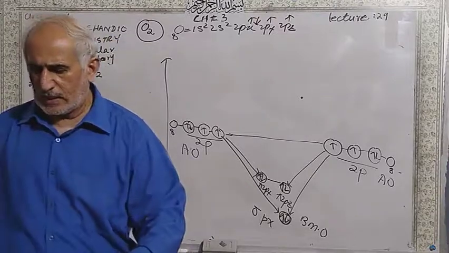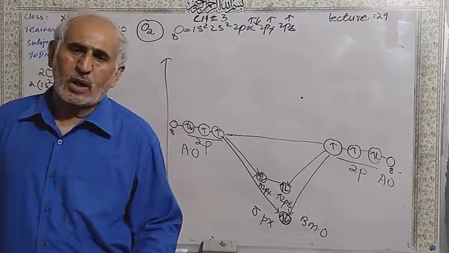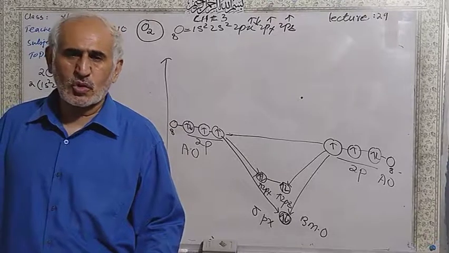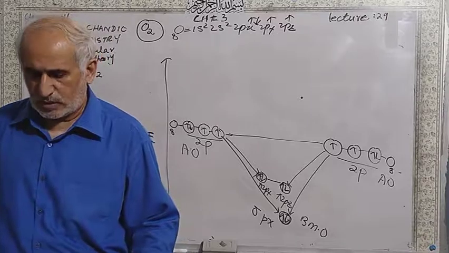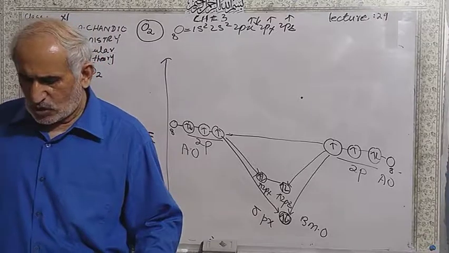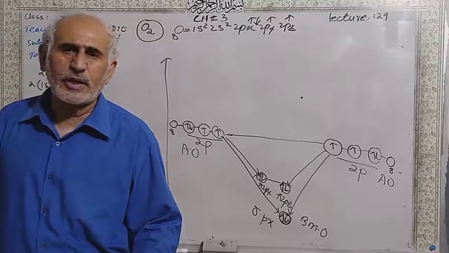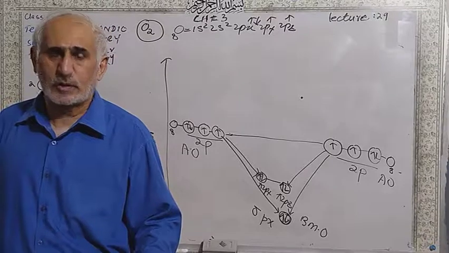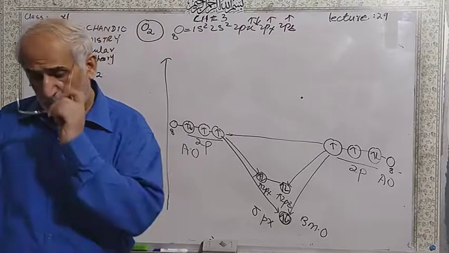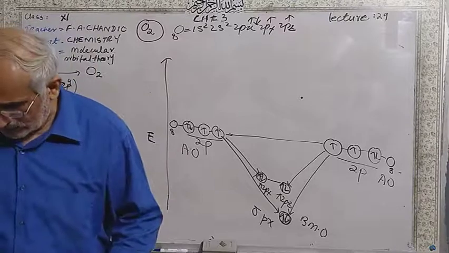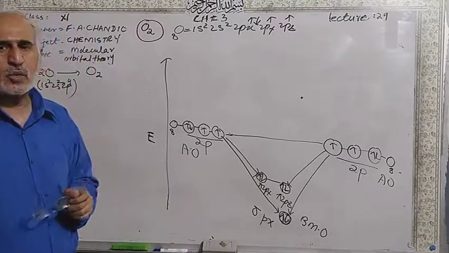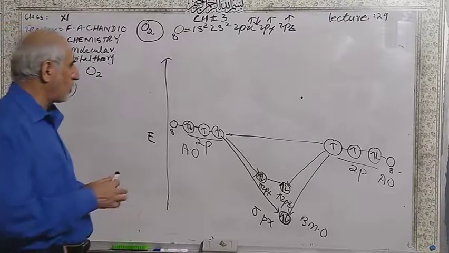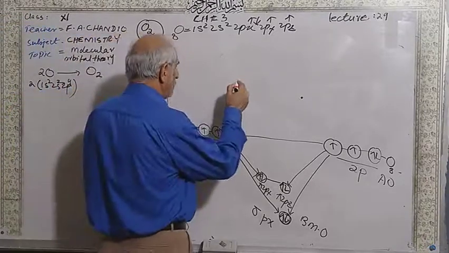If you see the energy, in your book 2s2 is also drawn. It's your choice. If you draw it, it's okay. If not drawn, it's also your choice, because for nitrogen it is not drawn, for fluorine it is not drawn, and in boron I told you there is no need for this. But if you draw it, it's okay. So dear students, sigma 2px 2 electrons and pi 2py and pi 2pz again 2 electrons, 6 electrons are going to be outside. Now,